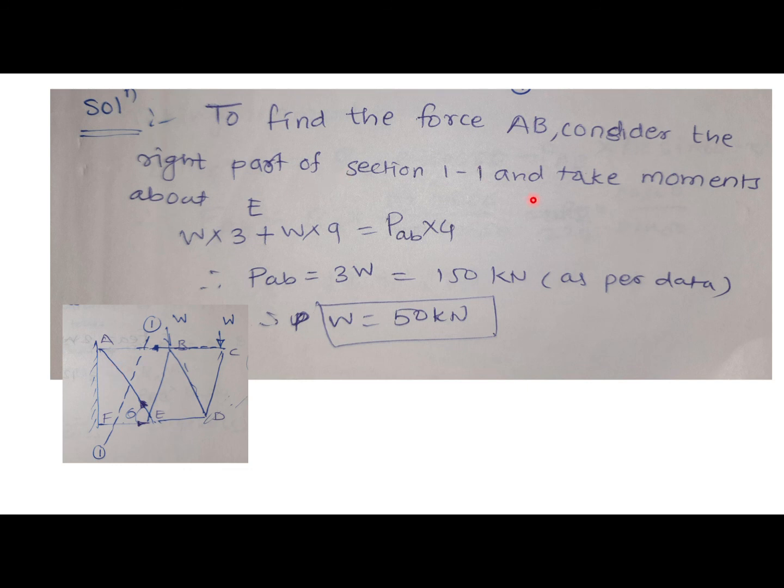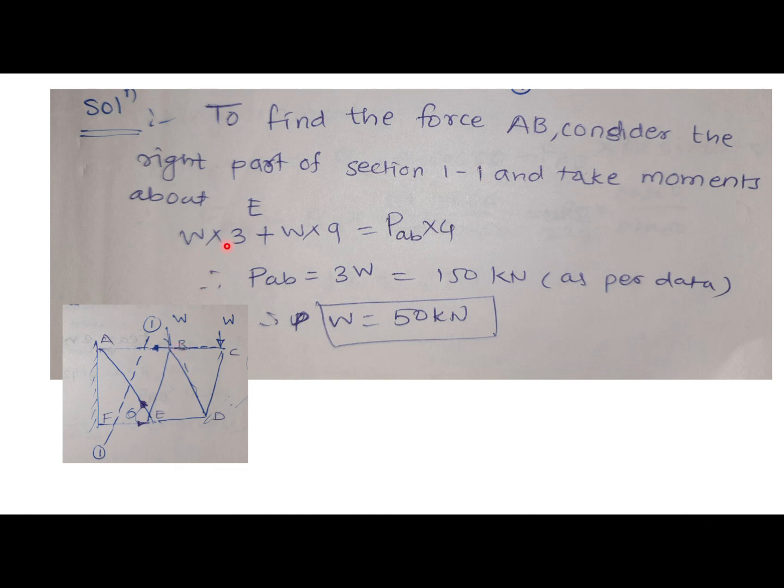And then take the moment about point E. Now taking moment about a particular point is also a tricky thing. We have to take a moment around such a point that the maximum number of unknowns are eliminated. If we take moment about this point E, automatically the members EF and EA, which are unknown to us, will be eliminated and we can get the value of only one unknown, and that too W.